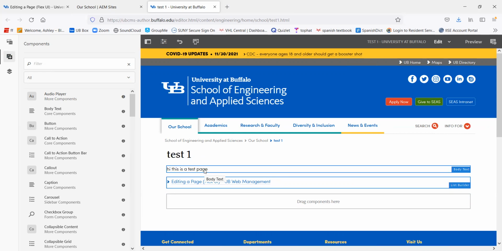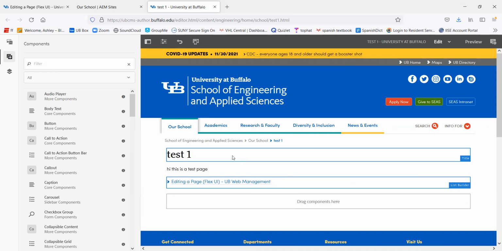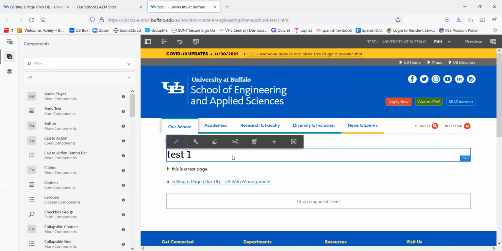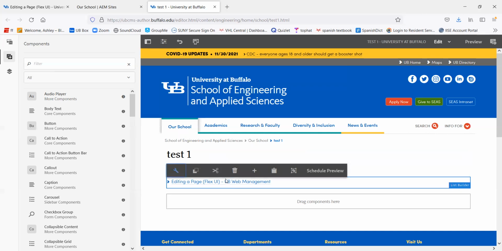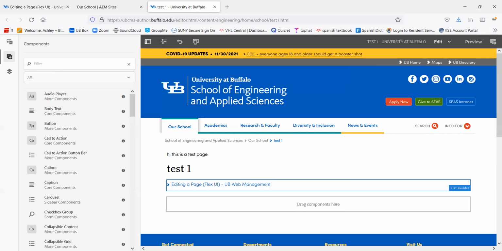You can also cut and paste using the keyboard shortcuts introduced before in the using keyboard shortcuts video. In order to do this, select the component you want to copy. Use Control X to cut. And again, wherever you want to put it, Control V to paste.